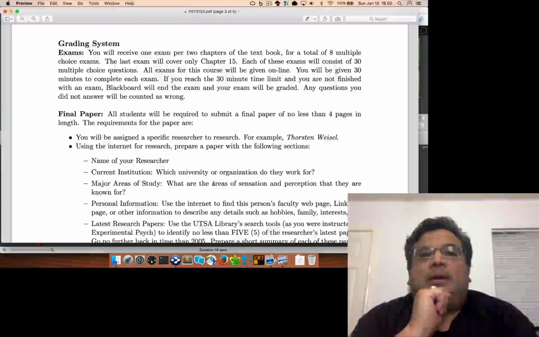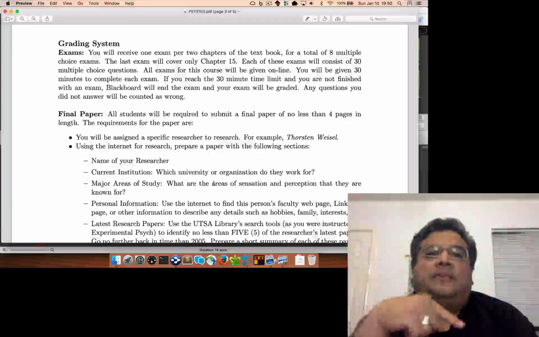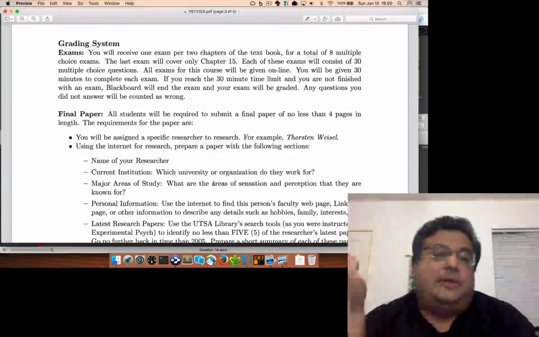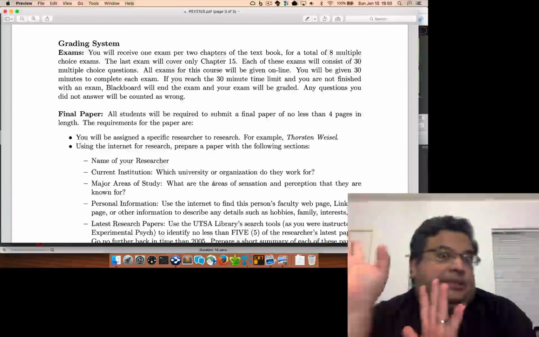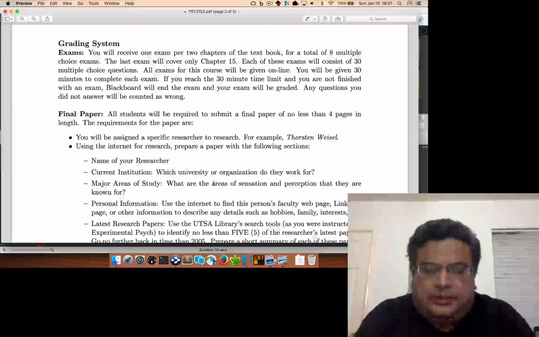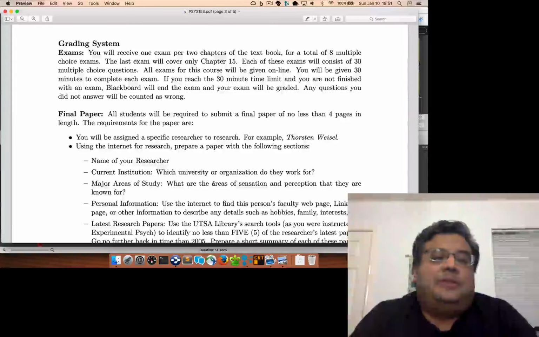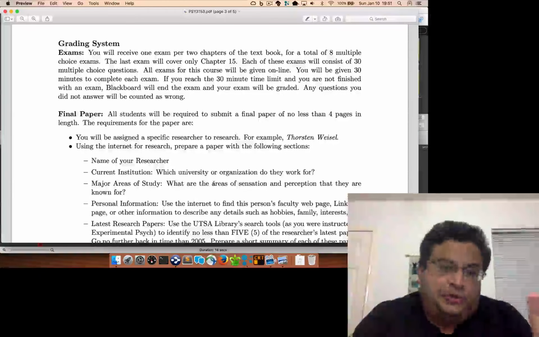Once you reach that 30-minute time limit, the system will end your exam, lock it up, and then whatever questions you've answered at that point will be entered in to be graded. So, apparently it happens kind of suddenly. You're sitting there, and then the timer just says you're done, and then it shuts you off. So if that happens to you, that means you burned up your 30 minutes. So that's part of your grade, right? These 8 multiple choice exams, each one covering 2 chapters, except for the last one, which only covers 1 chapter.